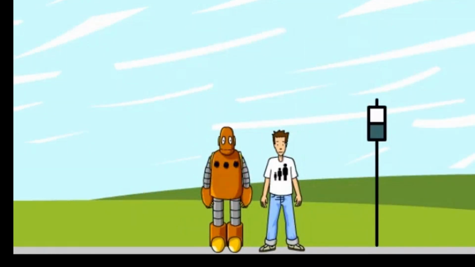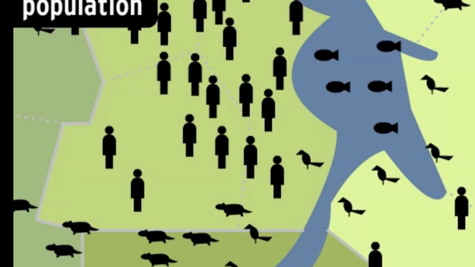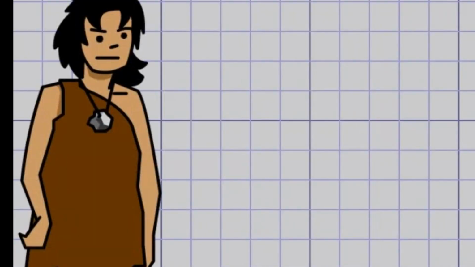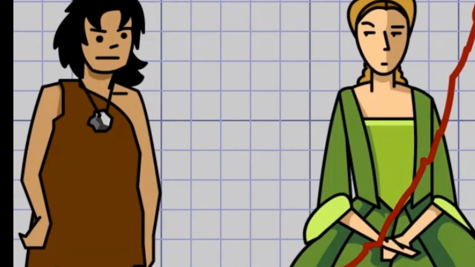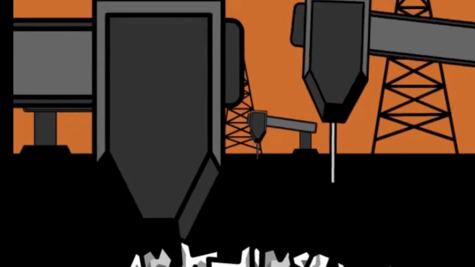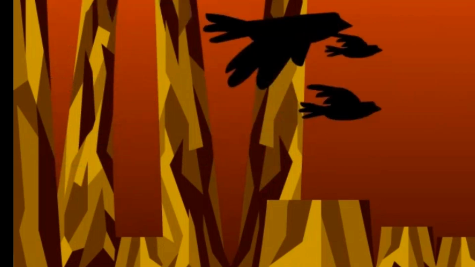A population is the total number of individuals of a particular species in a particular area. Our planet can only support so many populations at once. Our species, Homo sapiens, came on the scene about 500,000 years ago. The human population grew little by little, but then, 200 years ago, everything changed. The population exploded, and the Earth is having trouble keeping up. We're using up natural resources like fossil fuels and producing a whole lot of waste. And human activities like clearing forests have a harsh effect on our animal population.